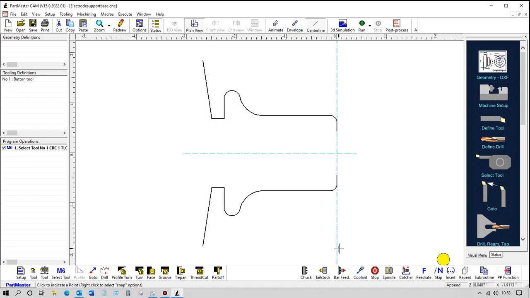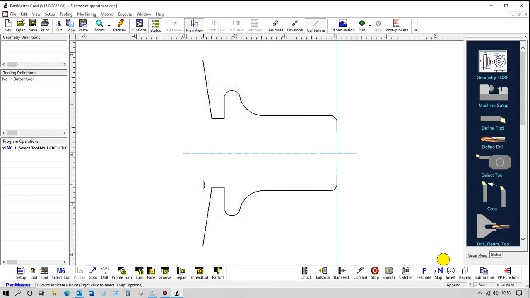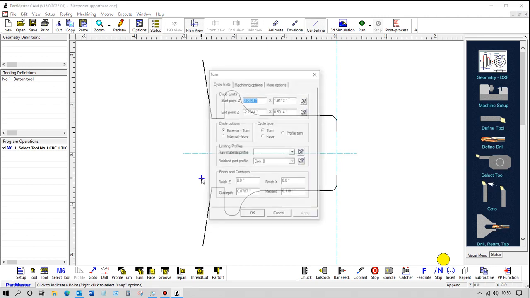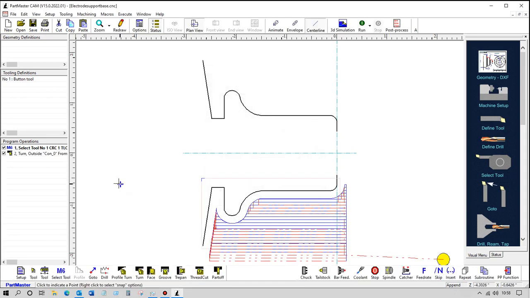So if we say that this is the start point there and the opposing corner of the rectangle is over here, we can leave a finishing allowance on so that we can then use a finishing pass to get rid of that, and then the cut depth is set here. So that's produced the toolpath for that.